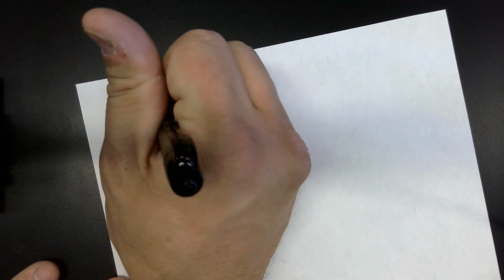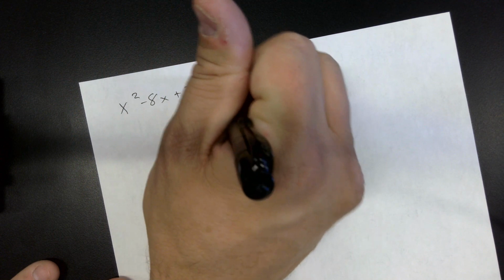X squared minus 8x plus 7 equals 0. So does everyone understand why we have to get it set equal to 0? You're going to only have to solve it one time, but these are going to get a little bit tougher. But I'm going to show you the different ways you can solve it. Did I have plus 7 or minus 7? It's plus. Okay, the first way,